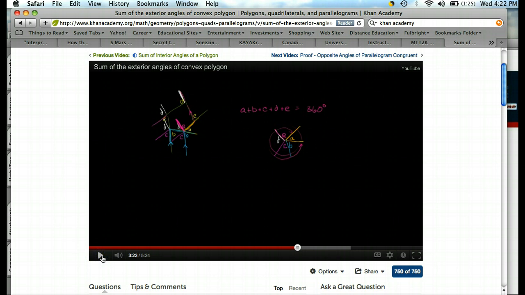And this bothers me too, because especially in geometry, notation is so critically important. A generally refers to a point in geometry, and an angle A is perfectly okay, but there are no angle symbols that he's used here. And we all know that you can't actually add an angle, you can add measures of angles, because the measures are the actual values. So really here he should have the measure of angle A plus the measure of angle B plus the measure of angle C plus the measure of angle D plus the measure of angle E